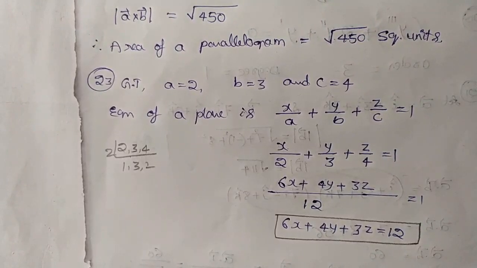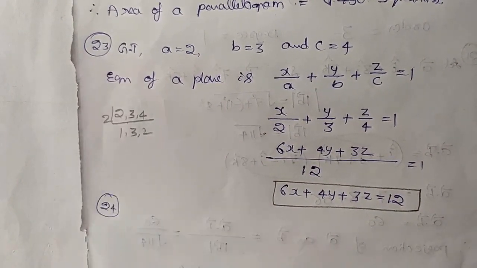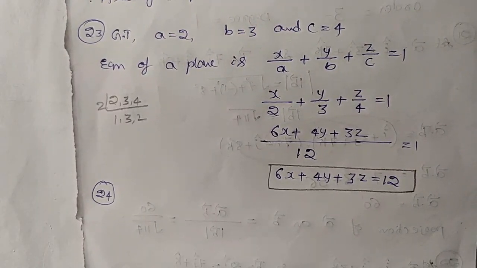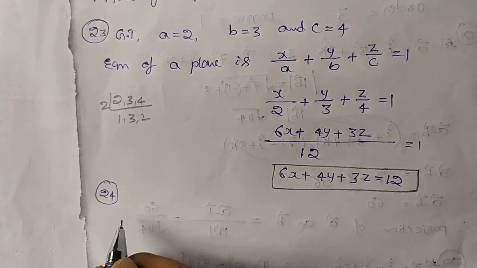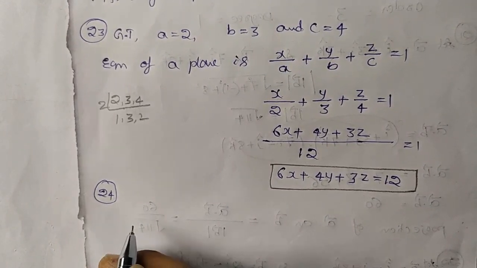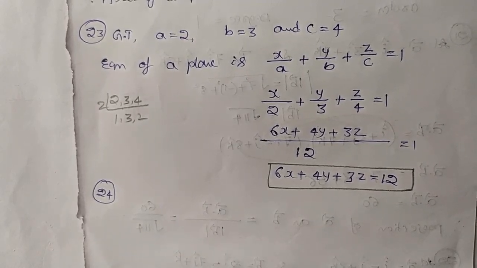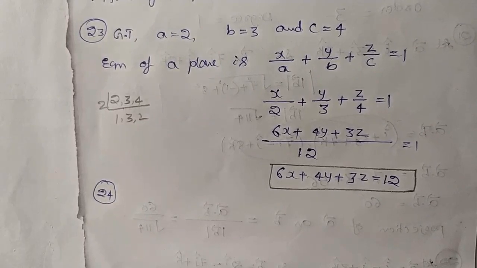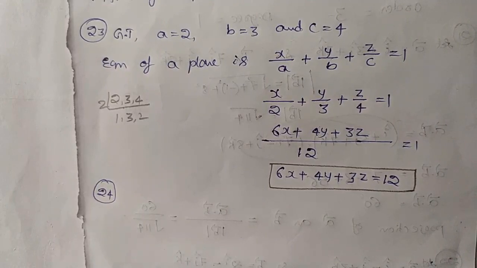So next we will move on to the next question, 24th question. See the 24th question in your question paper. That 24th question is a probability question. See the question and read the question carefully. Assume that each born child is equally likely to be a boy or girl. If a family has 2 children, what is the conditional probability of both are girls, given that the youngest is a girl?